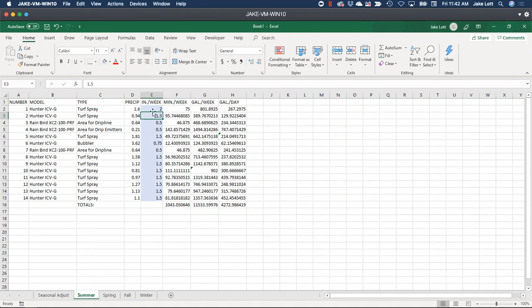Now, maybe I did want to make changes and all the 1.5s needed to be 2. Here's another very cool way to do that. If it is just the 1.5s, I can select a range and press 2. It's just going to enter into the first one. But if I hit Control and Enter, it'll actually apply to the entire selection.